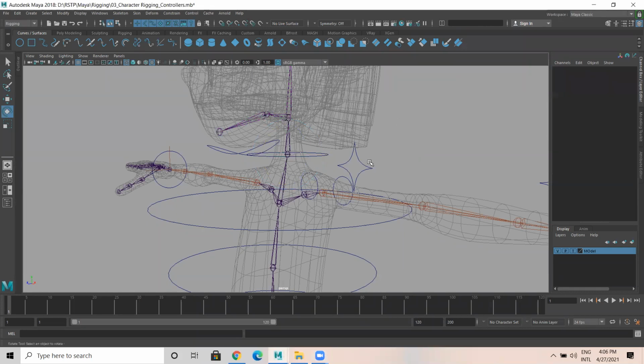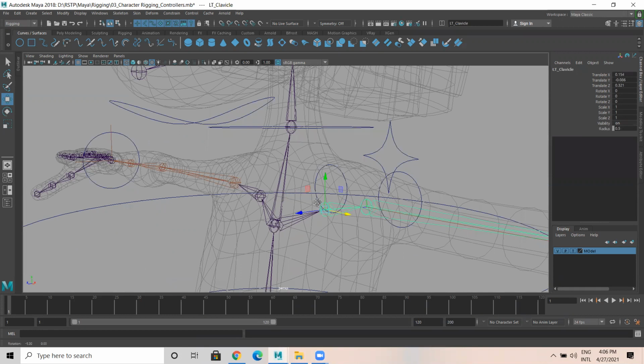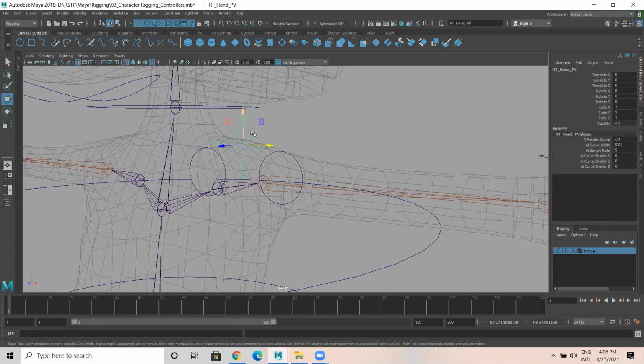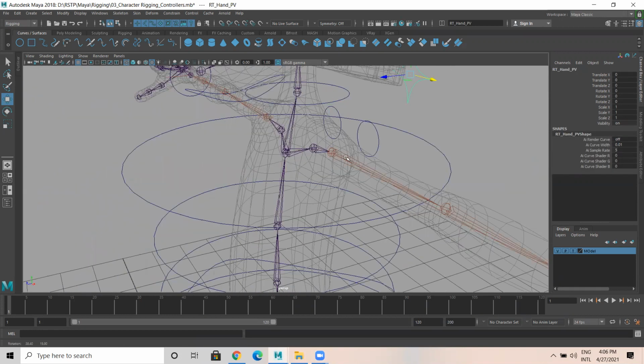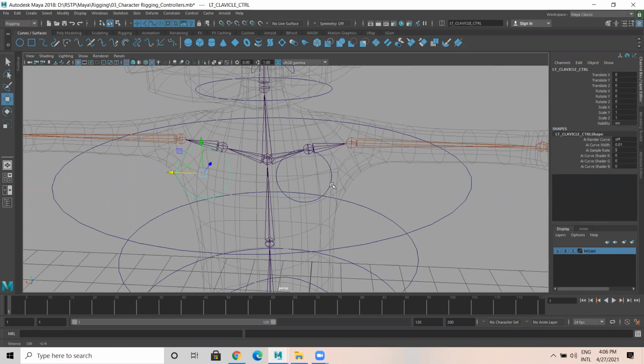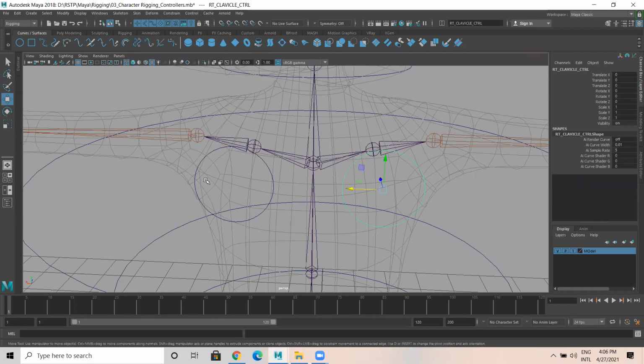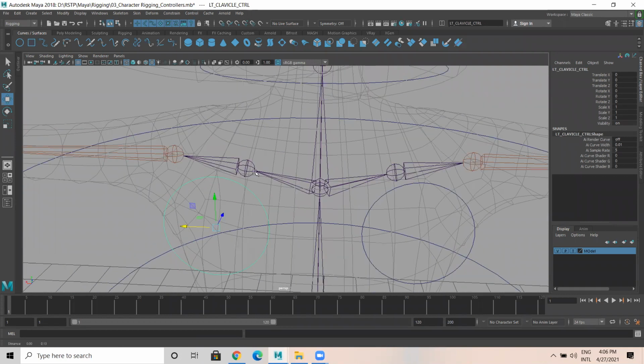So for the clavicle part, when I select this, see here the pivot point of this particular controller has to be inside this clavicle joint. Not this one, that is the pole vector. This particular controller. This is the clavicle controller, this is the clavicle controller. The pivot point of this particular controller has to be inside this joint.